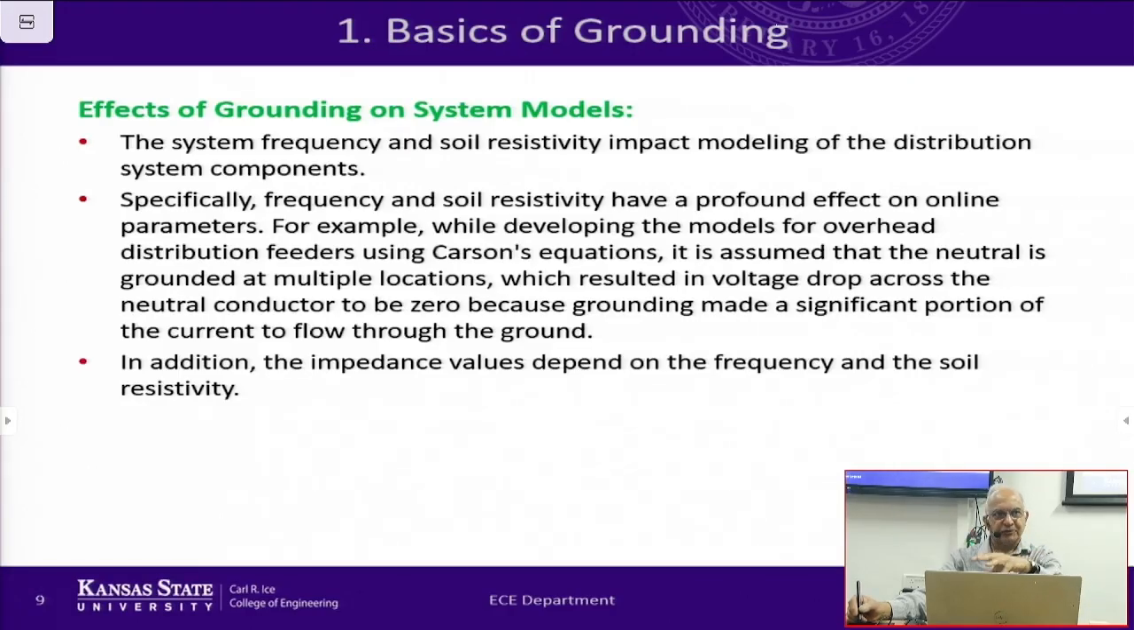So the grounding actually helps because the neutral does not have much voltage, since the current goes into the ground. So that allows you to calculate the line parameters more accurately. If you don't have that, then you have to make more approximations in the calculation and other things. So that's one aspect, and of course the frequency and the soil resistivity also have an impact on